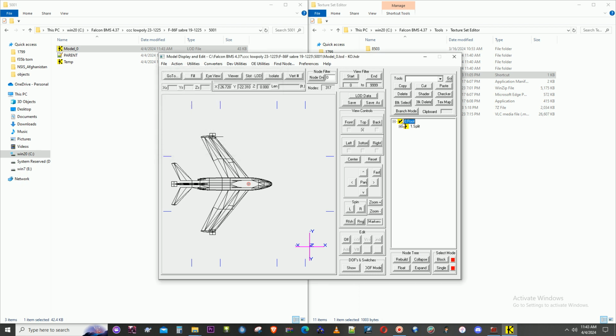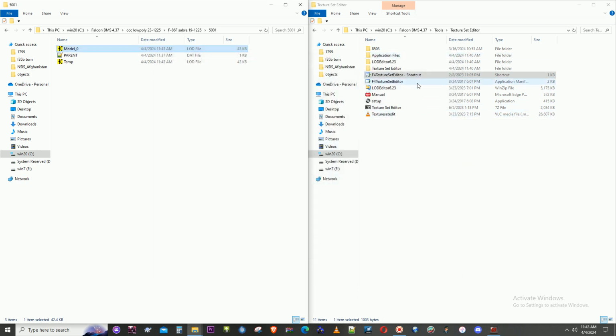Anyways, so it's saved for 6,000 both ways. One with the F4 Texture Set Editor and one with Load Editor. So now we've got just about everything set up to put into the models actually into the database. Before we get into the XML stuff, all we have to do is